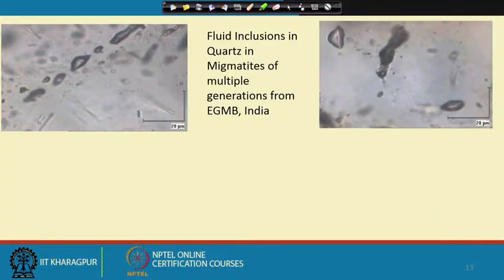So just to put it in quantitative terms, we know that inclusions can range in size. We see them under the microscope where the magnification goes to 400, 500 or 600 at the most, and the visibility range can start from almost 1 micron, and we see such tiny micron-sized inclusions. The maximum can go to 100, 200 microns, as in some of the photographs of the aqueous carbonic inclusions that we saw here.